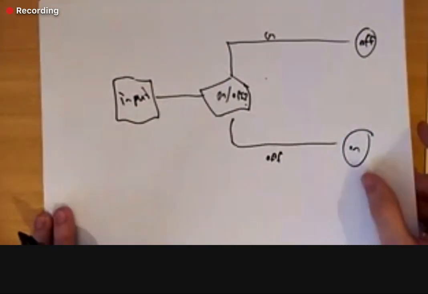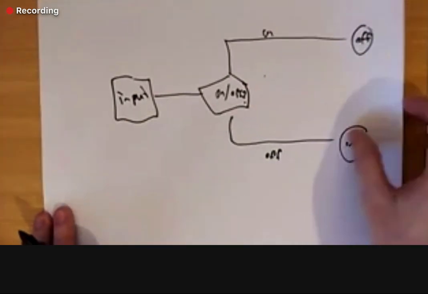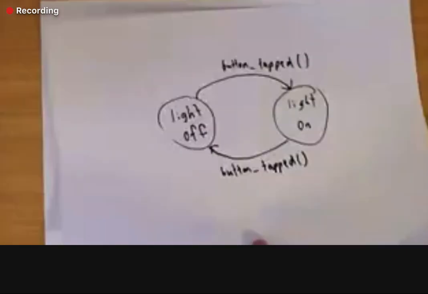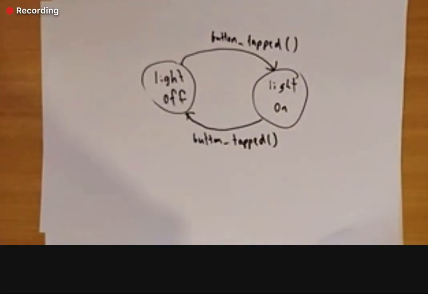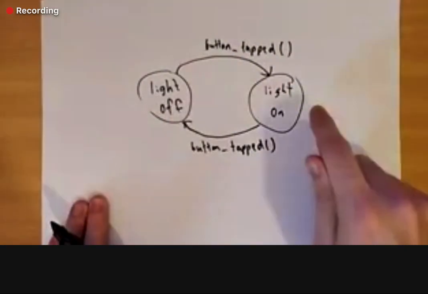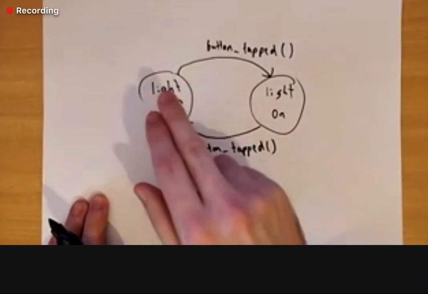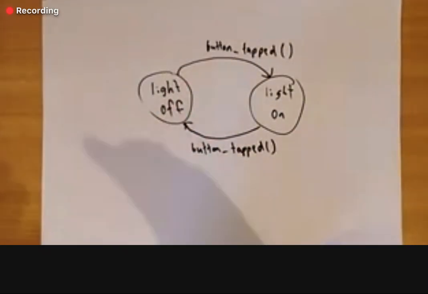So this is eventually what we're going to end up with in terms of our coding, but in terms of modeling the system, what we want to start out with is a basic model like this, so that we have an overview of all of the possible states in the system and all of the possible events that can move us from one state to another state.